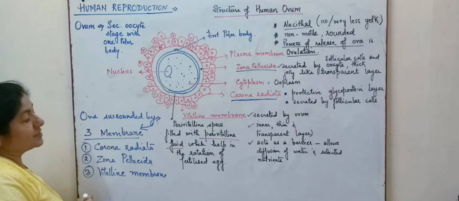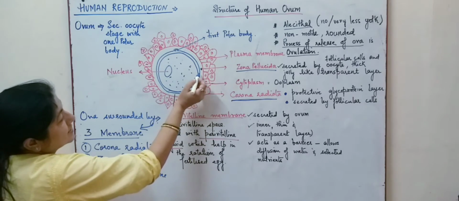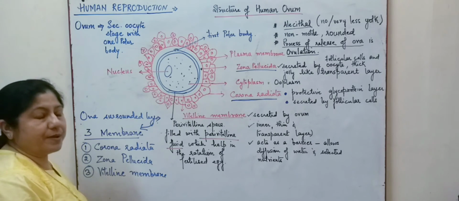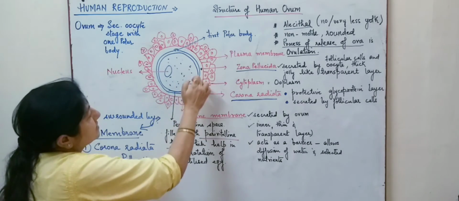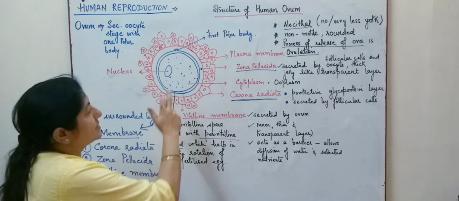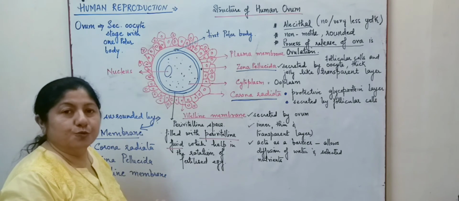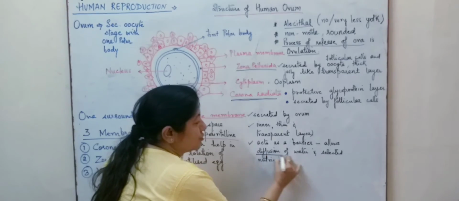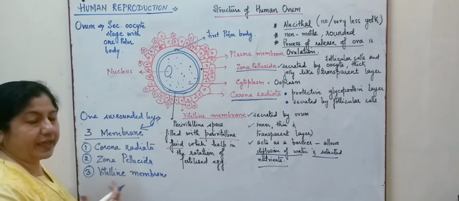Now, we are moving from outside to the inside. Inside the zona pellucida is the vitelline membrane. This vitelline membrane is secreted by the ovum. It is also an inner lining and it is thin and transparent. And the main role of the vitelline membrane is that it allows only certain useful substances to move inside, and that's why it is selectively permeable. So it allows only the diffusion of the water and selected nutrients